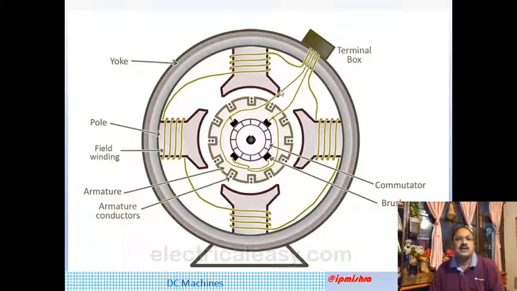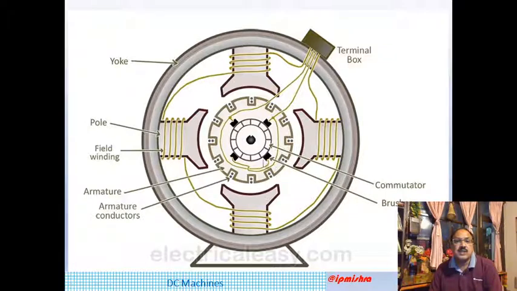In this figure, you can have some basic idea about a DC machine. There are four salient poles. These are field windings, and this is the rotor in which slots are made in the periphery, where conductors of the armature windings are housed. This figure I have included to show you the brushes. See, there are four black rectangular pieces over this commutator. This whole is the rotor, this is the shaft, and these small blocks are commutator segments.